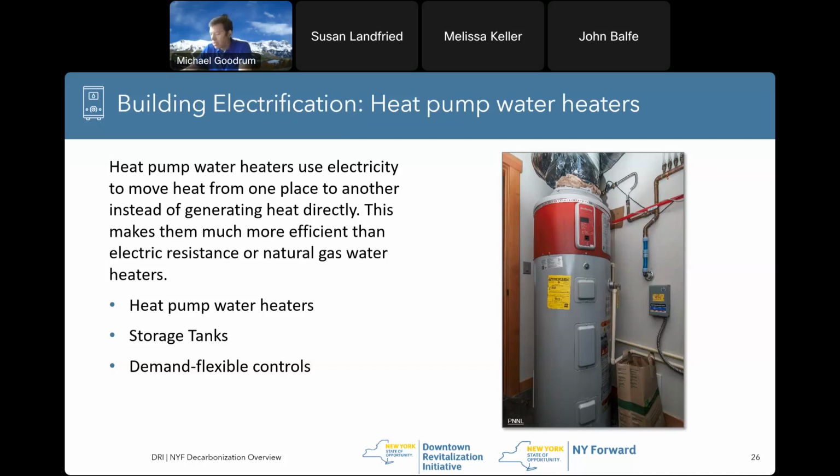You may even need to look at it will eventually cool the space it's in. So, you may need to think about that. And if you're going to overcool the room, which can actually lead to it not performing as well. So there's some considerations, but they do make a good source for water heating and are a very efficient form